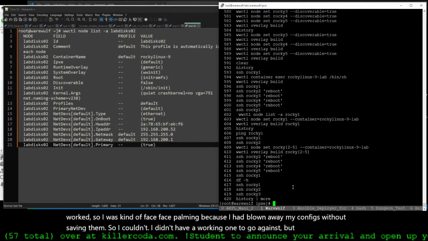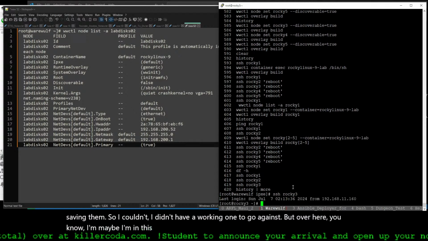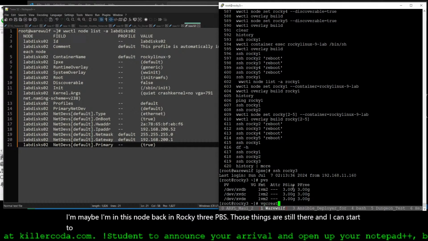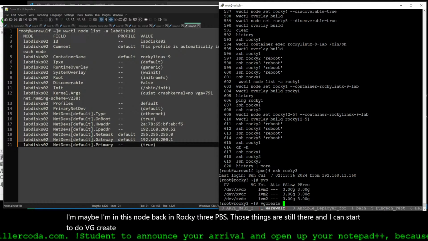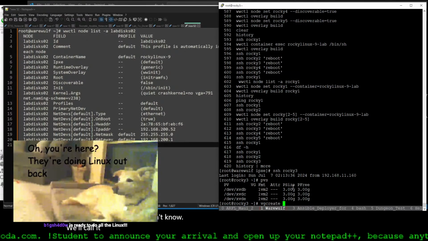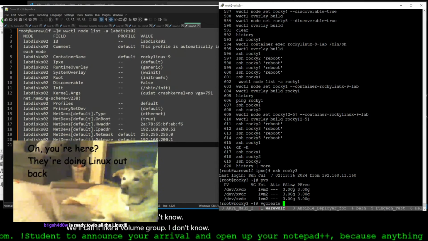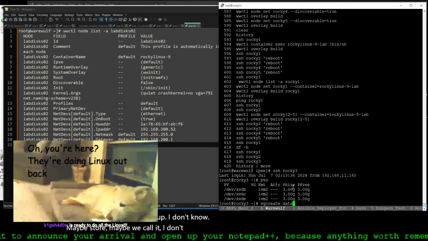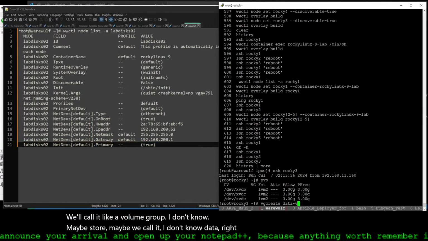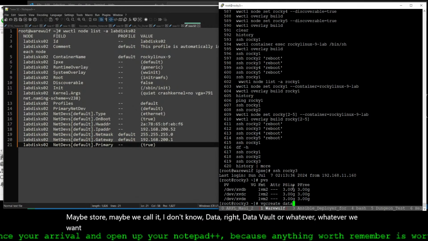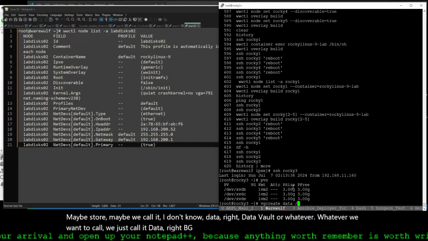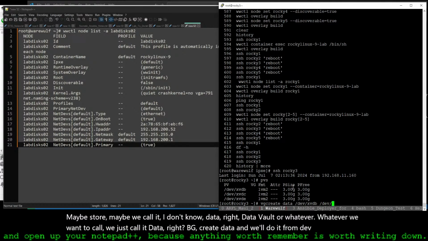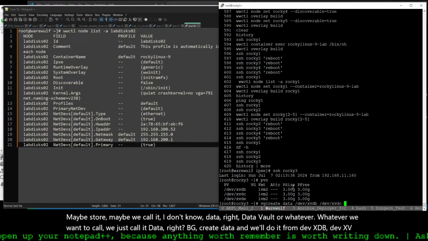So I didn't have a working one to go against. But over here, maybe I'm in this node back in Rocky 3, the PVs are still there, and I can start to do VG create. Maybe, I don't know, we'll call it volume group. Maybe store. Maybe we call it data, right? Data vol, or whatever we want to call it. We just call it data, right? VG create data. And we'll do it from /dev/xvdb, /dev/xvdc, and